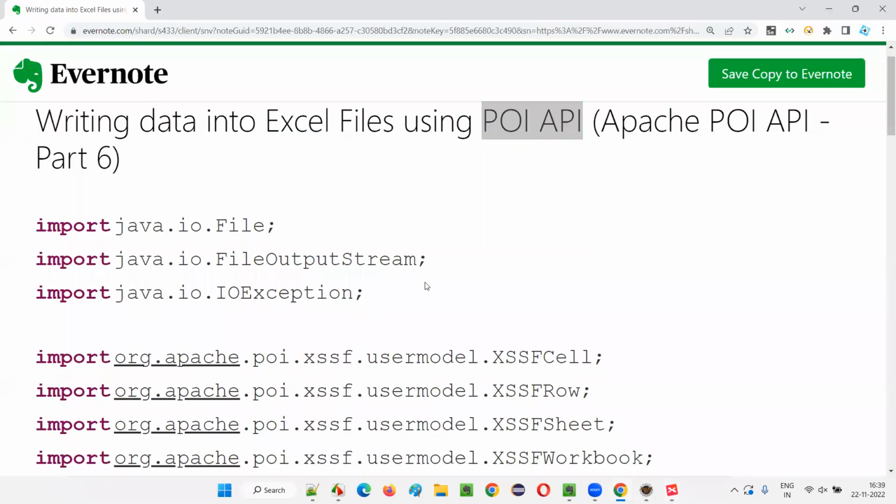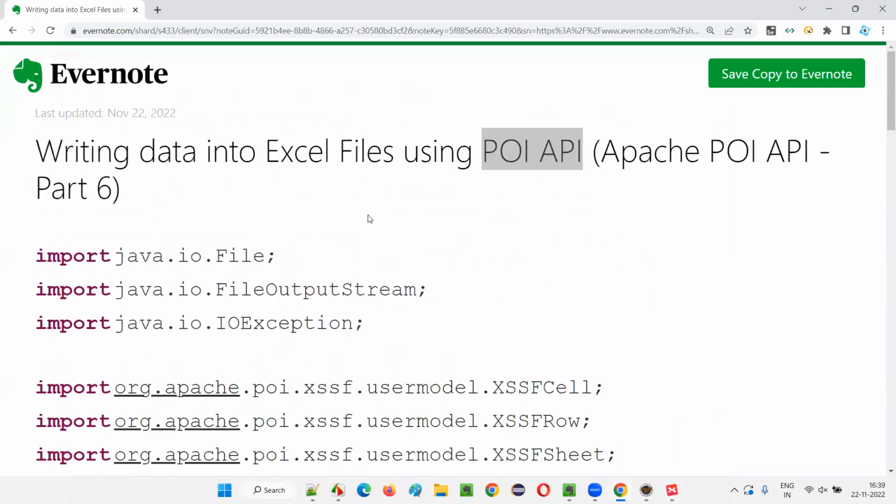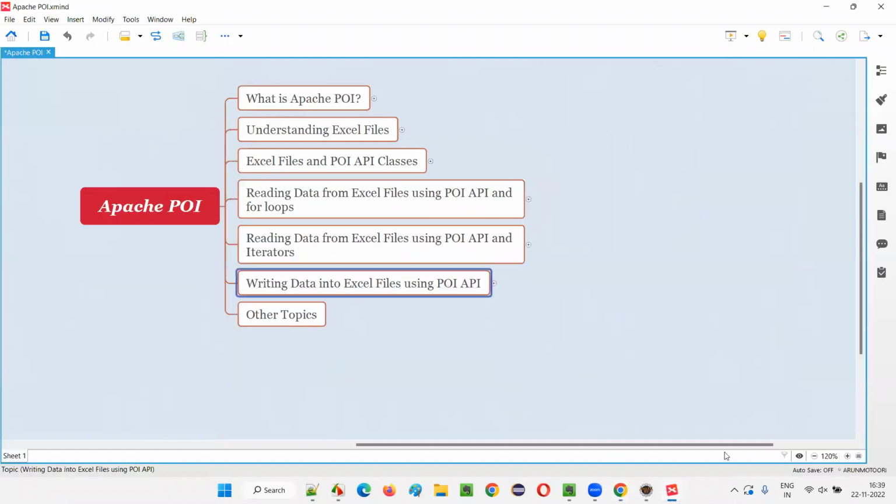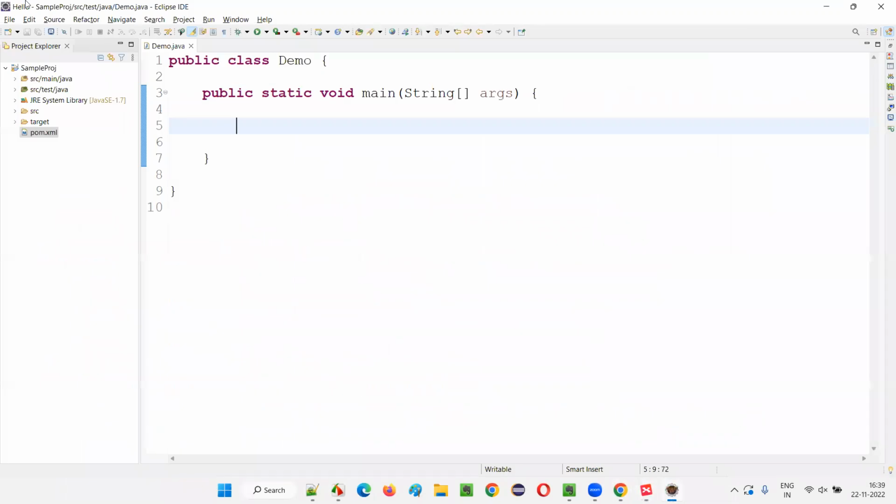Whatever is available, the same code is available in these notes, guys. You can take the same code. So here I'm going to demonstrate now. So already the